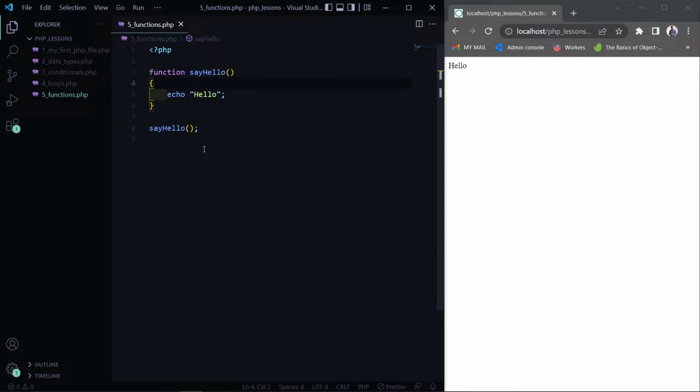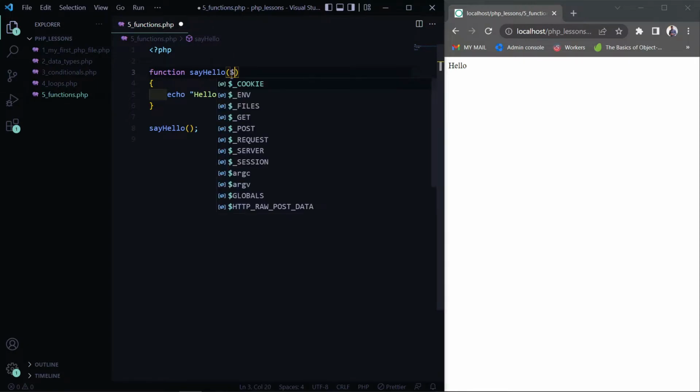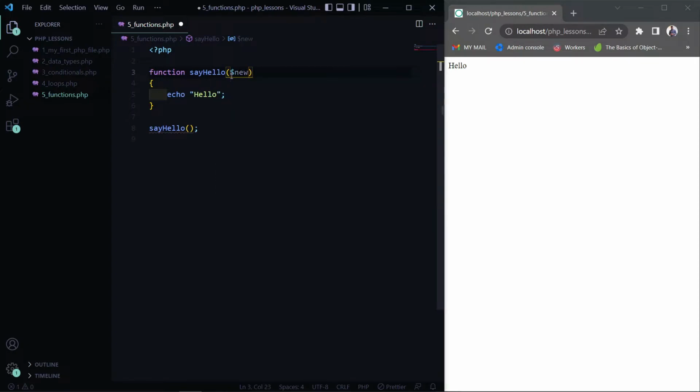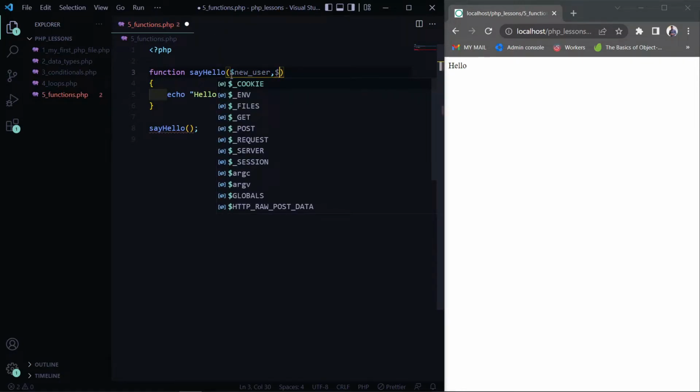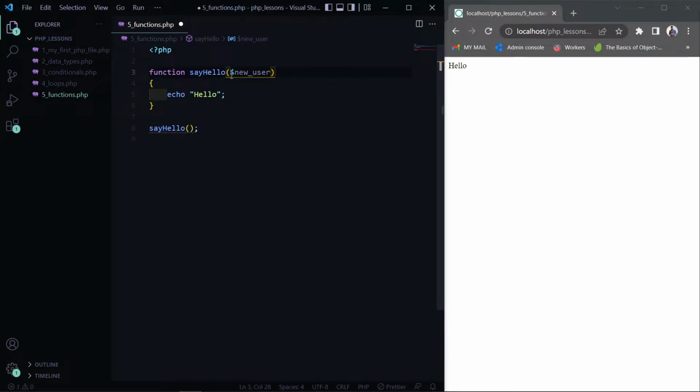So let's say instead of saying echo hello, we want to say hello to every new user. Okay, so we can pass an argument in a function over here like this. Let's say new user. We can even pass multiple arguments, like new user, phone number, email, whatever it is. Okay, so let's keep it simple. New user. Then we can say hello dot new user. Okay, so we can say hello Gilbert,